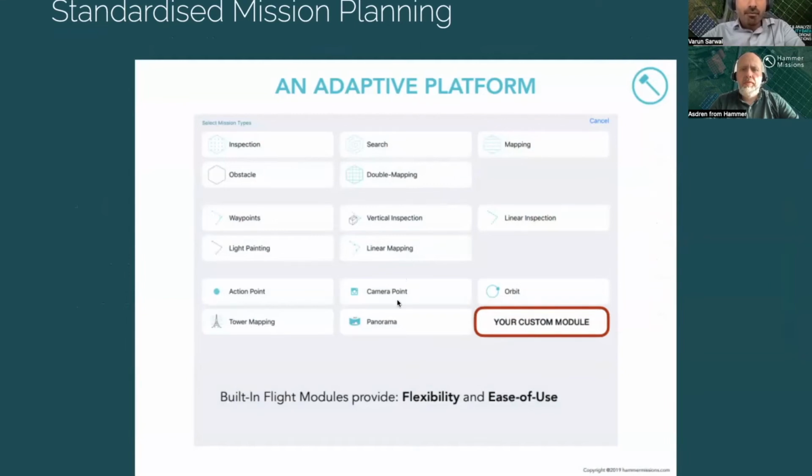So if on a particular day you are doing an inspection job, you can choose the inspection module. If you are doing another day, if you're doing a facade inspection or a linear mapping, you can choose those modules, and then you can have the flexibility of having them all integrated in one standardized platform, providing you with both flexibility as well as ease of use. And I think giving you the consistency or the peace of mind that the data is going to be consistent